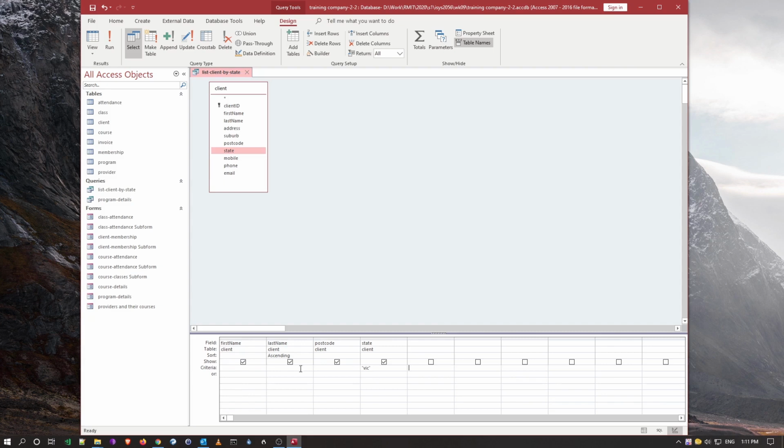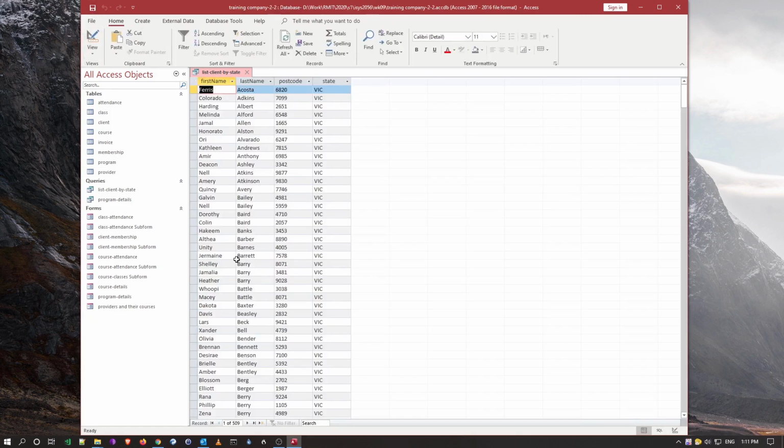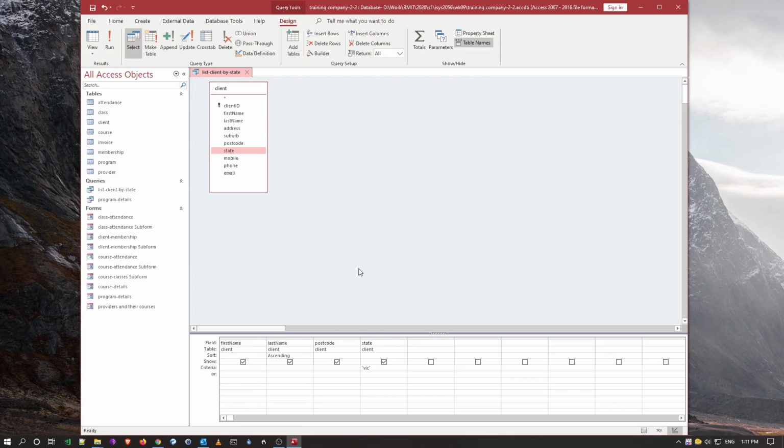So what we've said is only list these fields, sort by last name, and only show me data for Vic. So I'm going to save and I'll execute it. And you notice here now I've only got clients which are in Victoria. Now, to make that more usable, because that's still a static query, and if we gave this to someone,